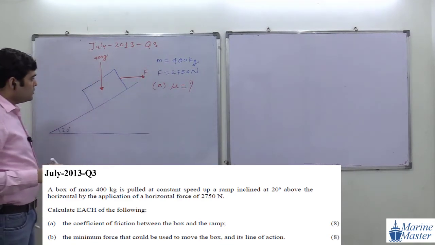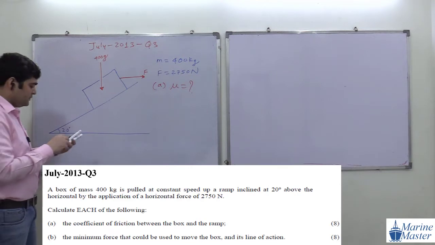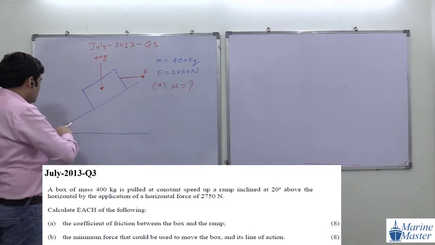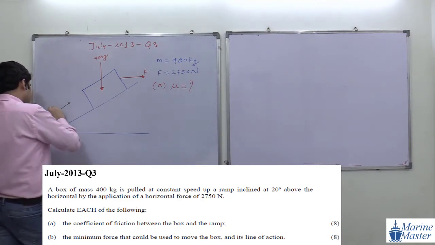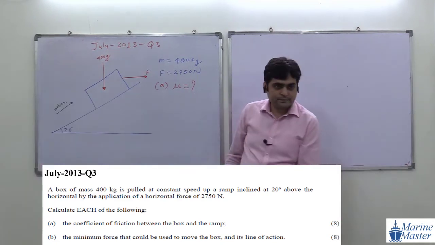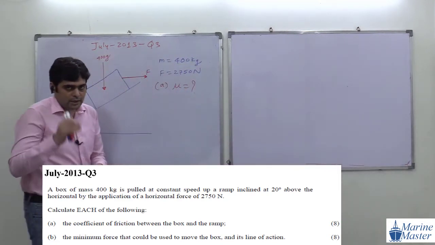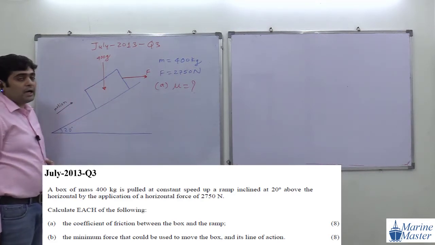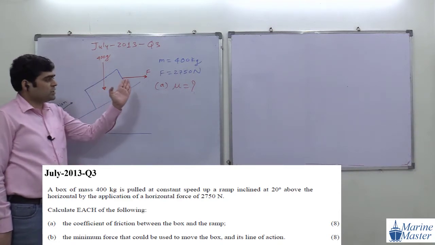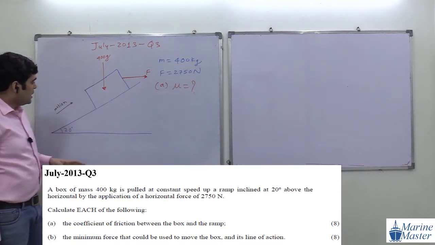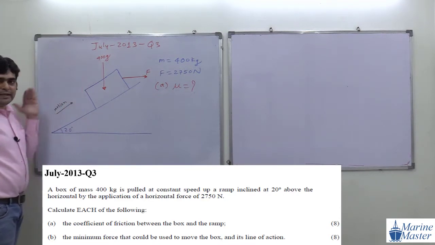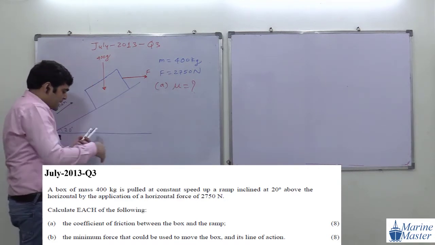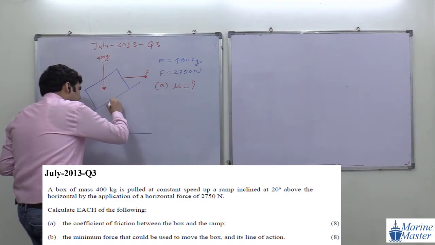Good. Now, how is the motion of the object here? Up the plane. Motion of the object is upward. Now everyone try to see the scenario here. Weight should be vertically downward. F must be a horizontal force, because they have given that in the question. Now motion is up the plane, they are saying in the question. Now the object is not allowed to go into the plane, so there will be a normal reaction. Normal reaction is always what?